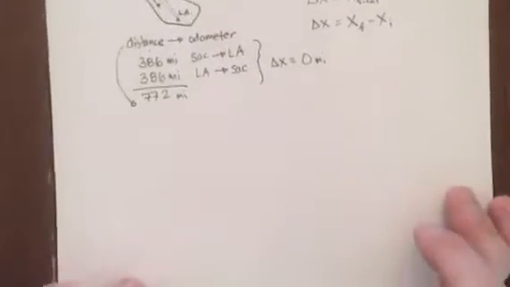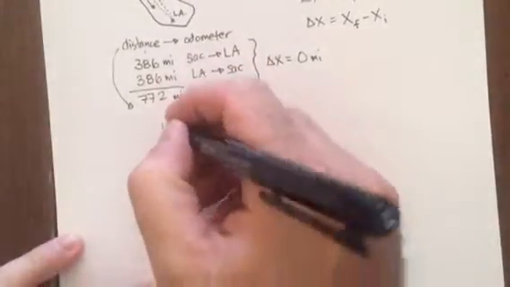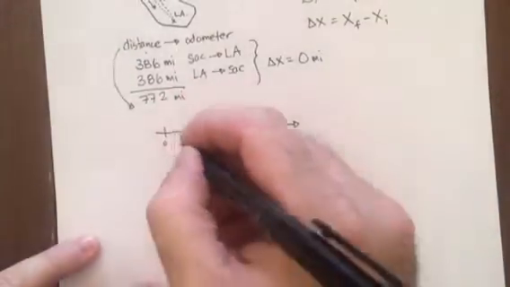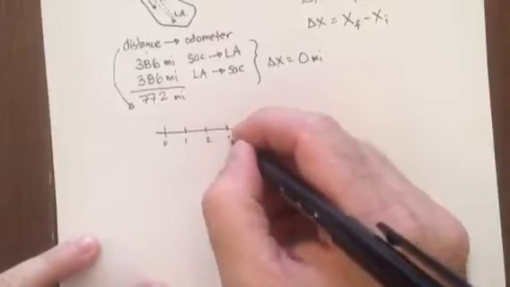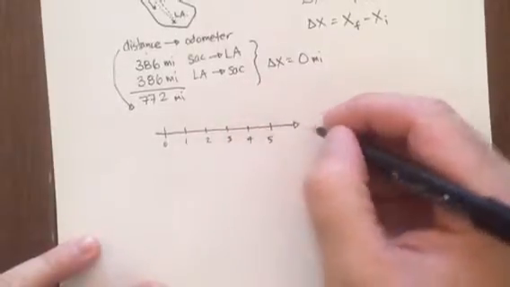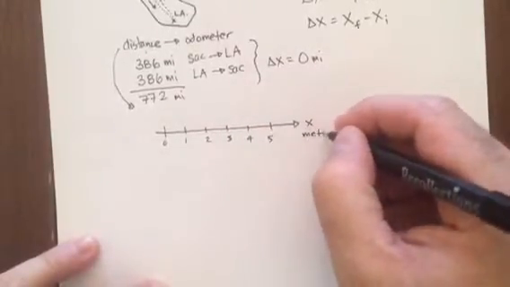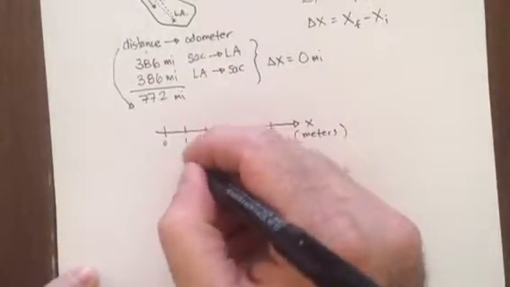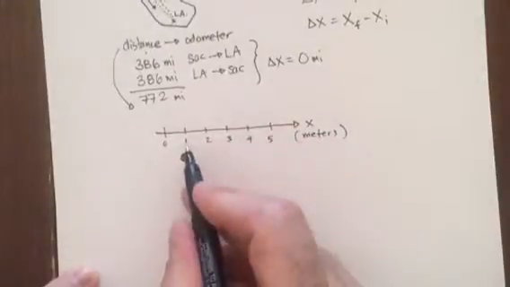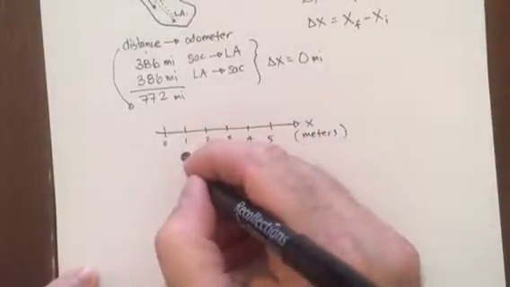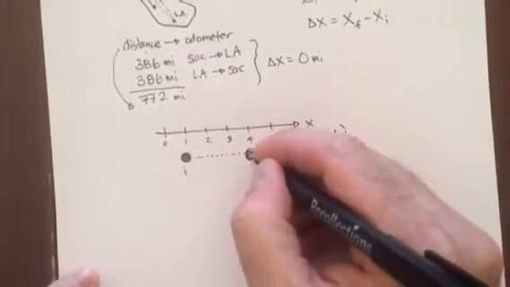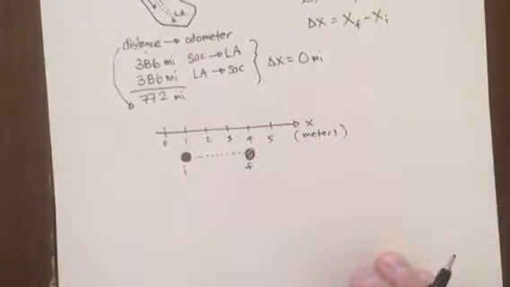Okay, let's do a couple of examples. I'm just going to do a one-dimensional example. So we have some origin right here. That's our 0. This can come out to 1, 2, 3, 4, and 5 meters. So this is in units of meters right here. And if we have an initial position here, which is at a position of 1 meter away from the origin, put an i there for initial, and we travel to a position of 4 meters, that's our final position,